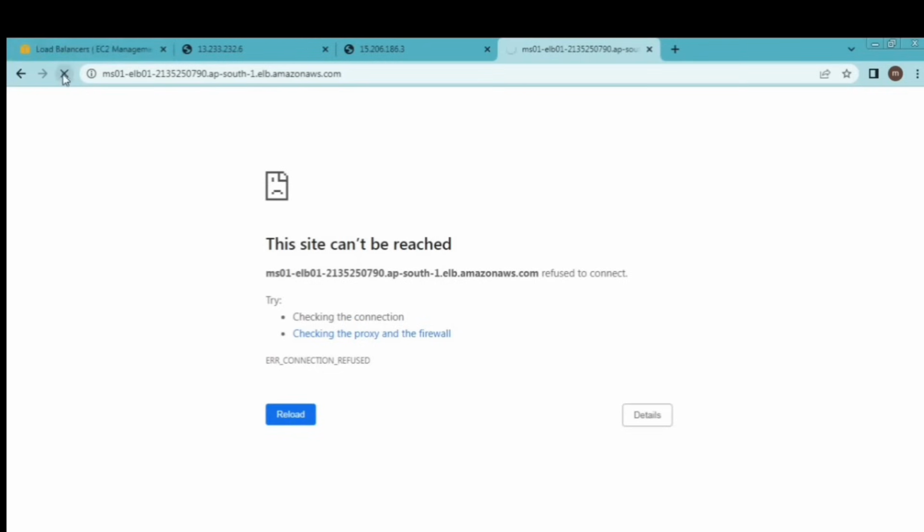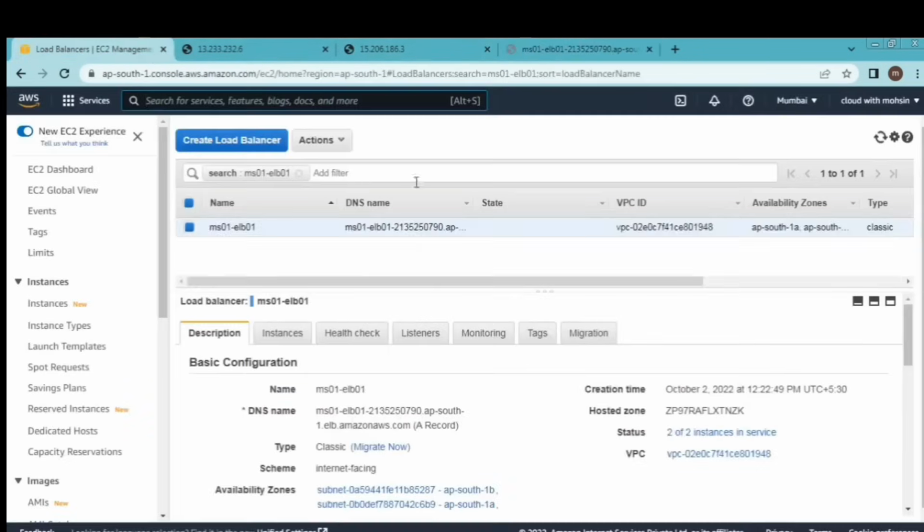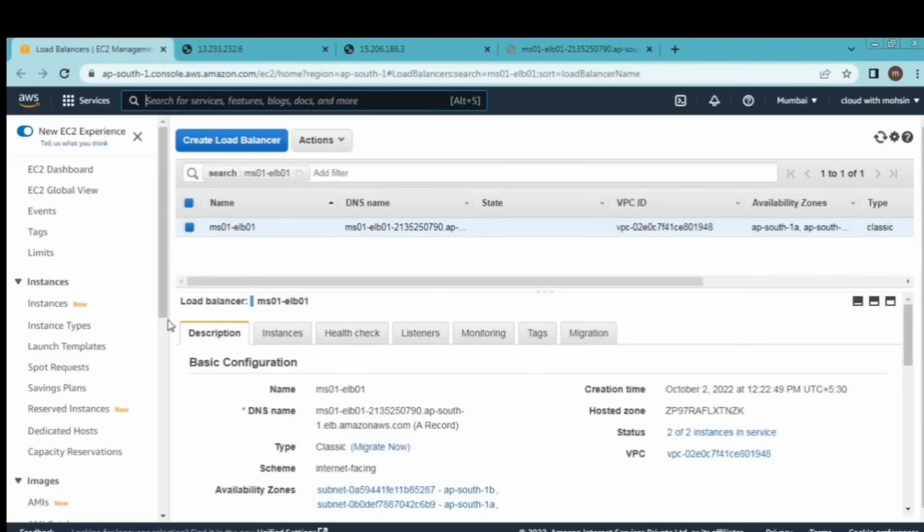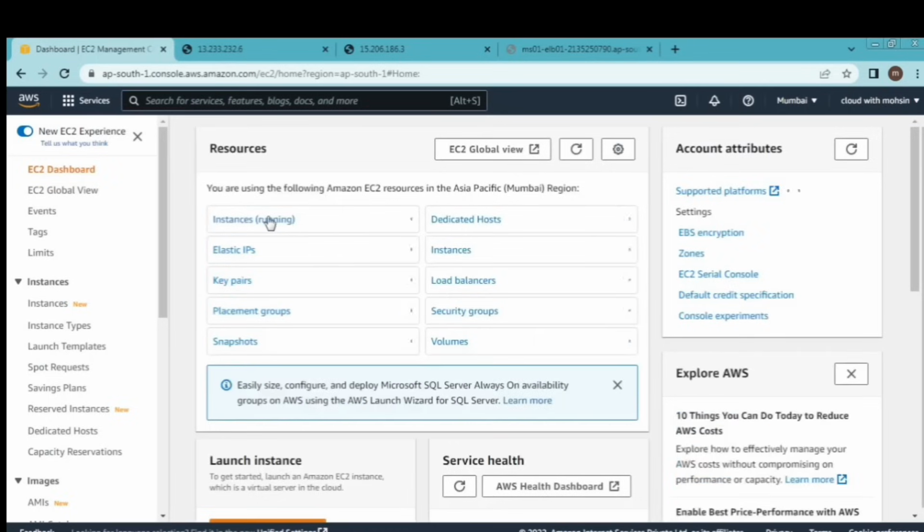So when we remove the load balancing rule, that load balancer becomes inefficient. And in order to start it, we need to again edit and add these rules. That is the output of this one. So now since this is done, finally what I will do is just terminate both EC2